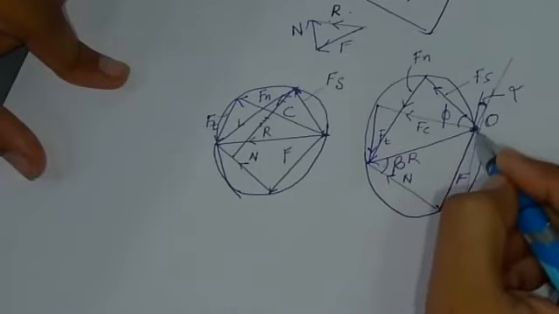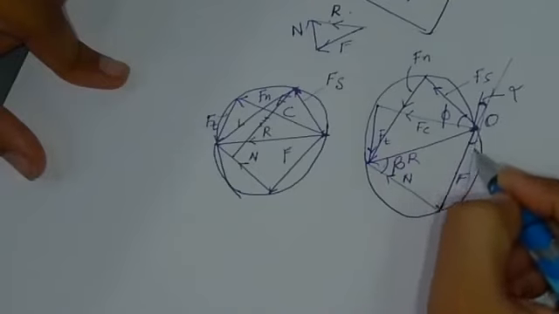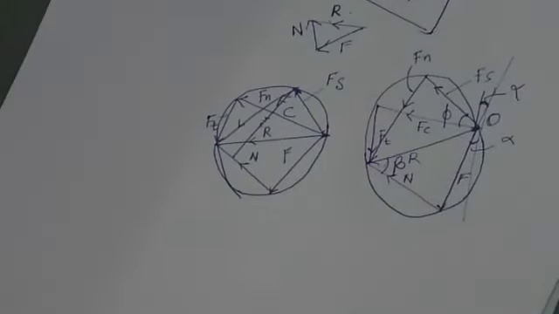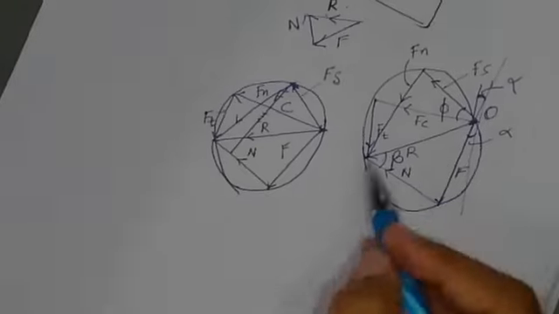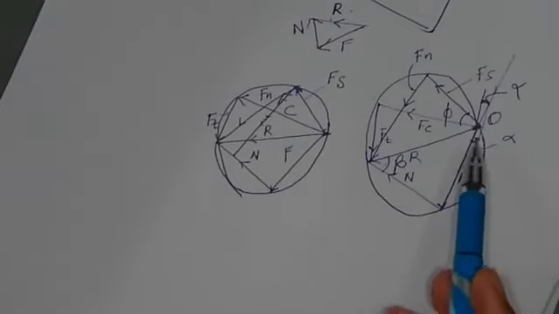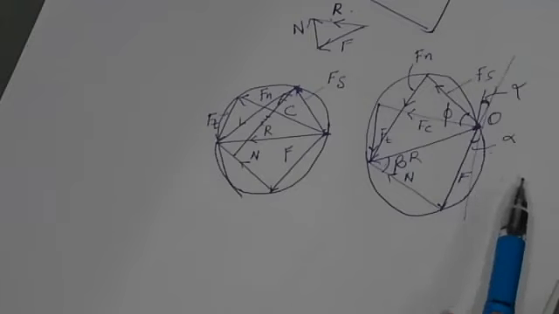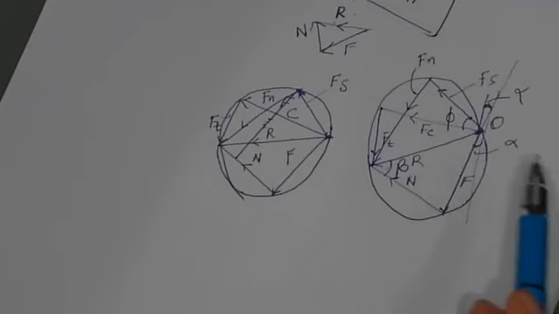Okay, so this angle is again alpha. So there are three angles involved in the Merchant circle: the rake angle alpha, the shear angle phi, and the friction angle beta. So the whole machining operation, the whole force thing, actually depends on some combination of these three angles, that is shear angle, rake angle, and friction angle.